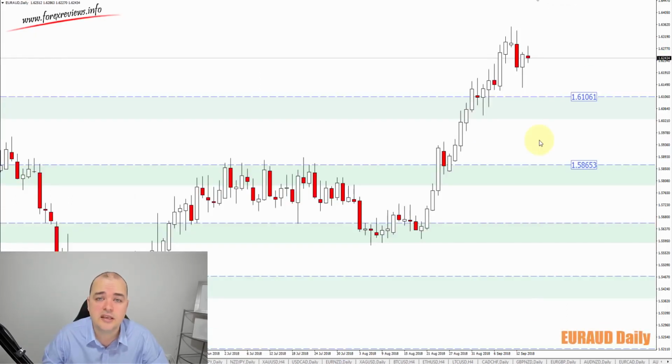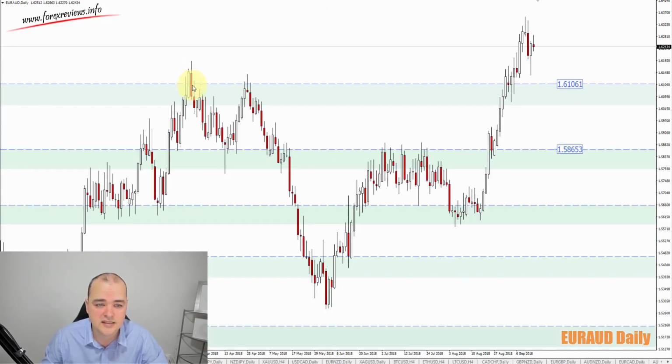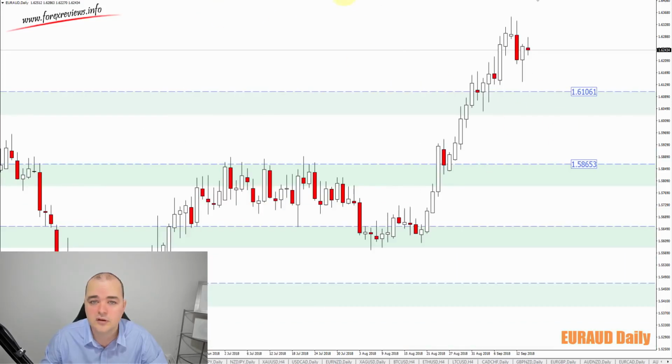Okay, next pair to hold is EUR/AUD, and I'm on the daily chart. On EUR/AUD this week, what I'd like to highlight is a potential pullback area. At the moment, this market is in an uptrend, and the area I'd like to highlight is the 161 zone area. If I zoom out, you can see it's this previous high area looking left back here. This is an area that if price action pulls back and tests this area this week,